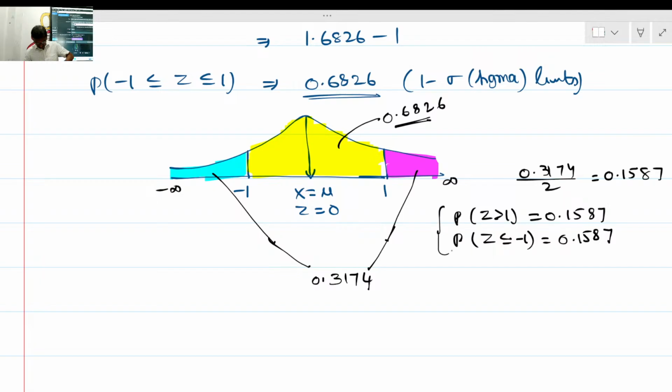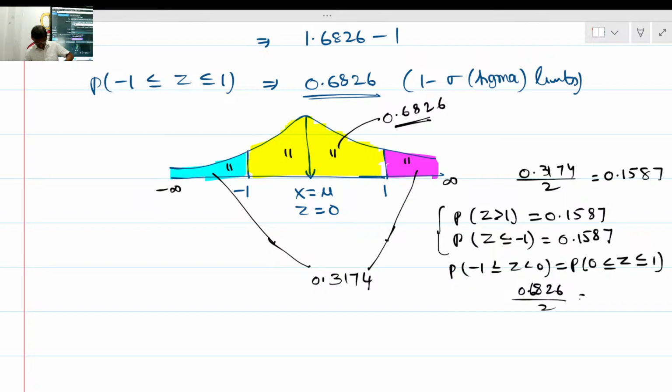To find the probability values from this diagram, our requirement is minus 1 to 0, which is the same as 0 to 1. Both are the same. From 0 to 1 and from minus 1 to 0, the areas are equal. These two areas are equal. Diagrammatically there may appear to be some difference, but actually both are equal. These two areas are also equal. Now in this case, the total area from minus 1 to plus 1,